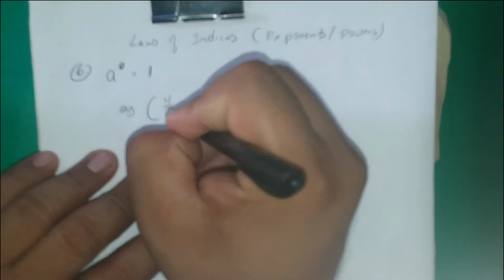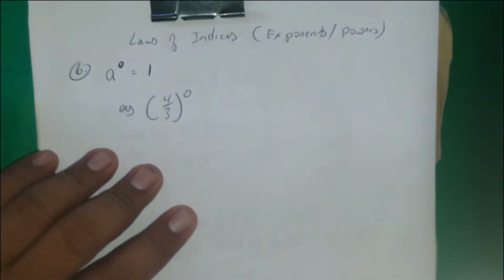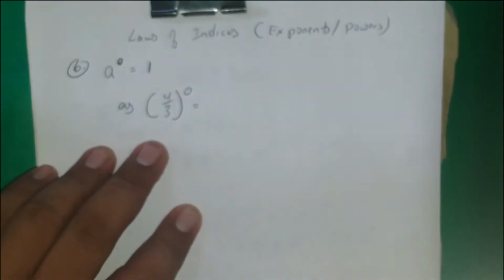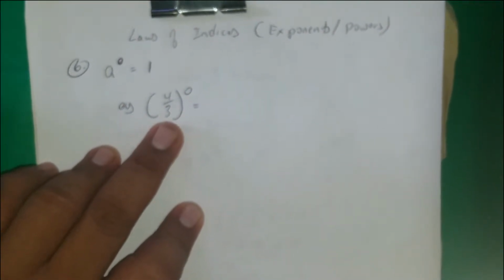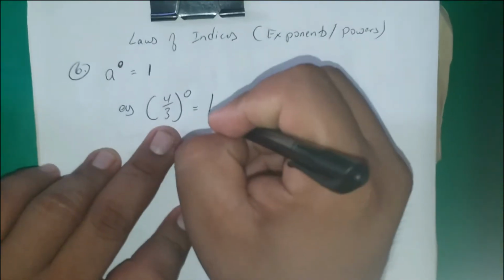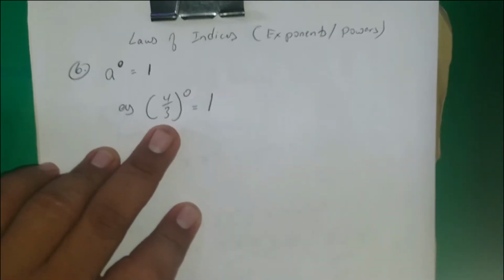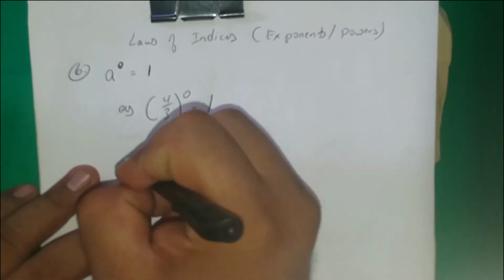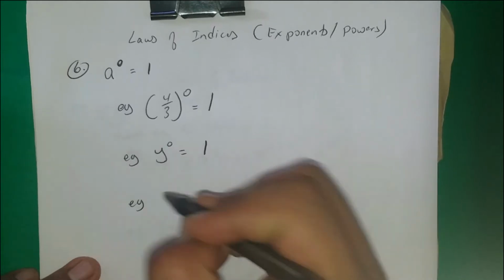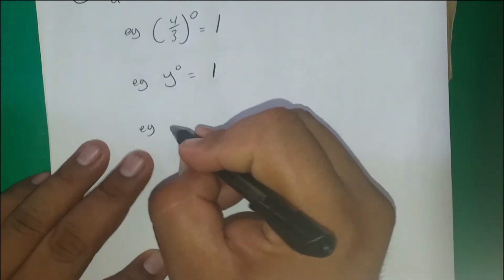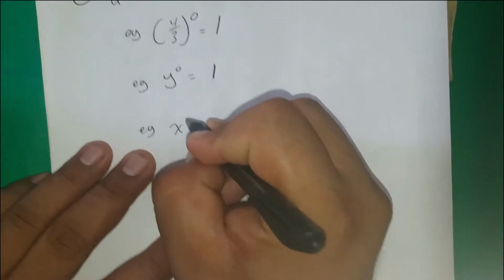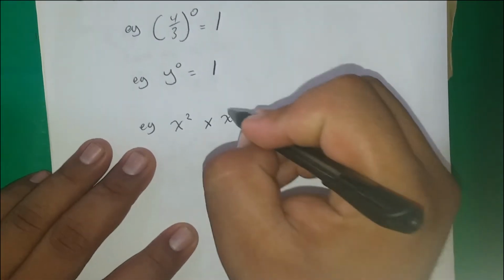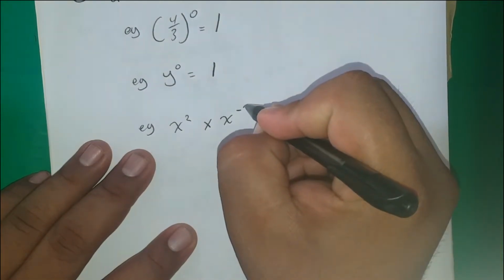If you have 4/3 raised to the power of 0, notice that it is not going to be 0, but your answer is simply 1. Done. If you have y to the 0, your answer is 1. If you want to solve x to the second times x to the negative 2,